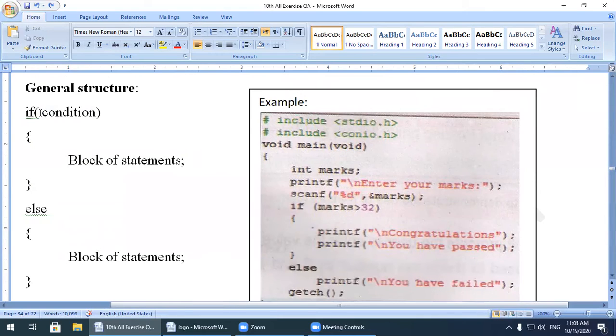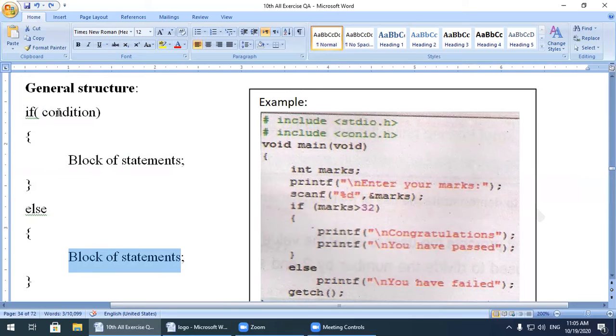Now here, if this condition becomes true, keep in mind, this block of statements will be executed, so else will not be executed. If this condition becomes false, then this block of statements will not be executed, only the else block of statements will be executed.